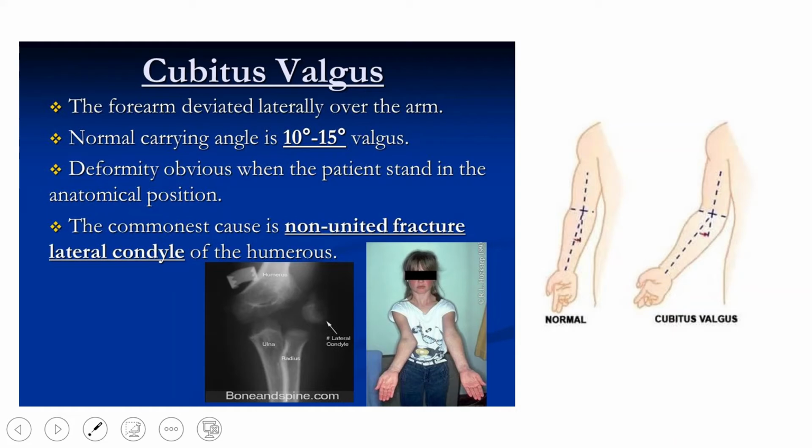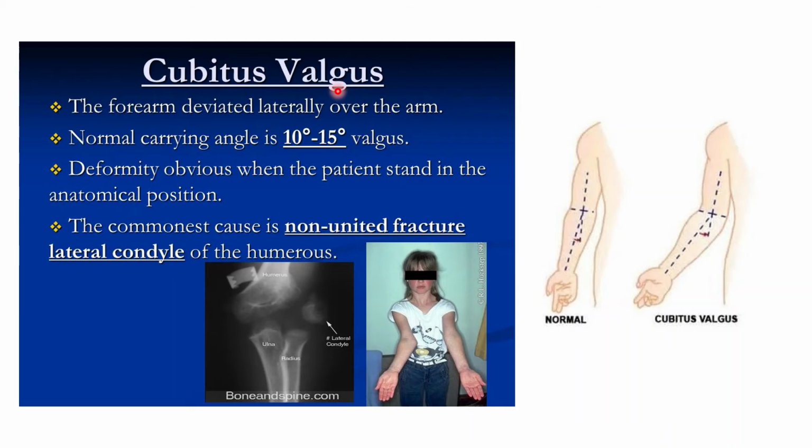The next condition to be known is the cubitus valgus. Cubitus valgus is a condition wherein there is an injury to the epiphysis of the lateral epicondyle. When we look at the lateral epicondyle here, an injury to its epiphysis may produce an increase in the lateral deviation of the forearm. This increase in the lateral deviation of the forearm is called cubitus valgus. As a result, the ulnar nerve is gradually stretched along the medial side, and this may result in ulnar neuropathy.